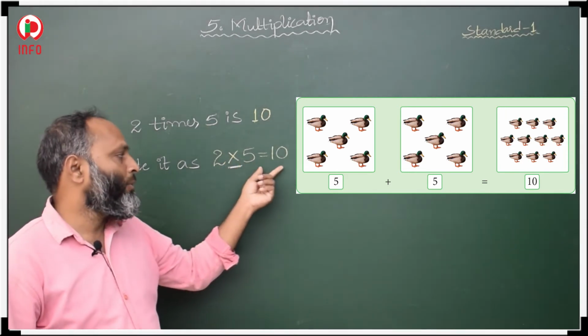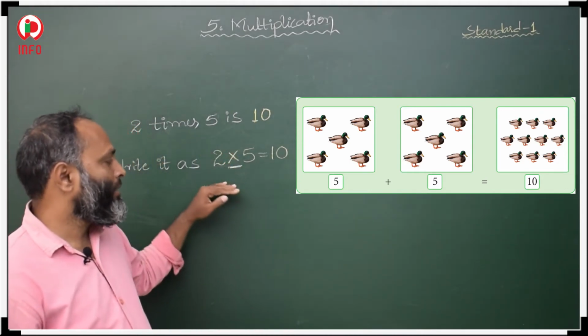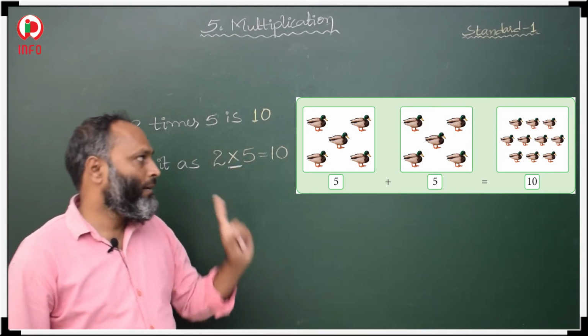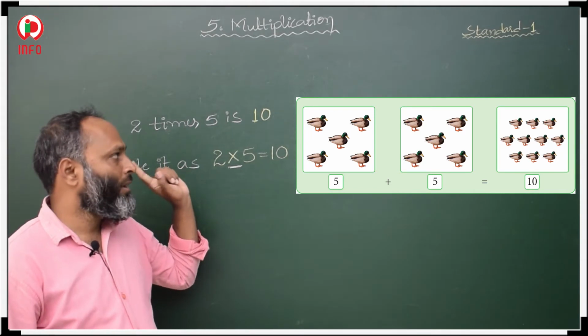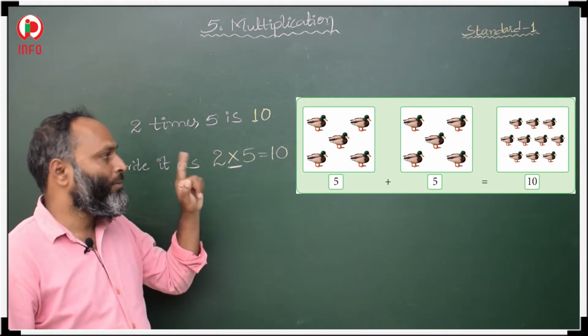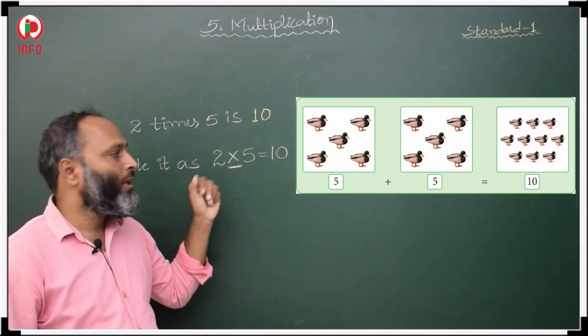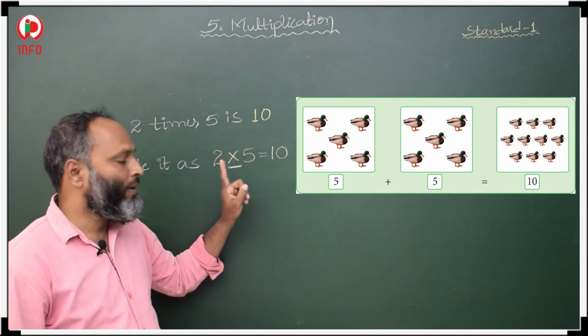Then we have to find the product. So in multiplication, we have to use mathematically like this. In our ducks case also, 2 times 5 group of ducks, 5 groups of ducks were there, 2 times. We have 2 into 5 which gives 10. Then mathematically, 2 into 5 is equal to 10.